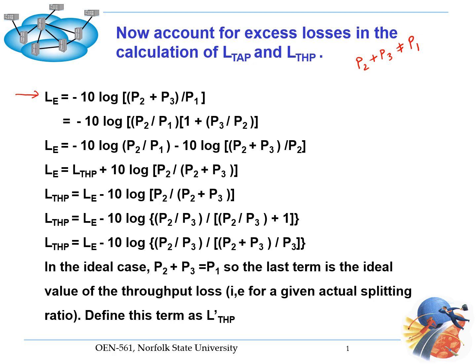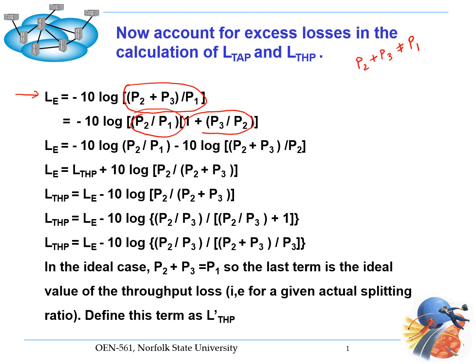Excess loss is by definition minus 10 times logarithm of P2 plus P3 divided by P1. This expression inside the logarithm we will rewrite. We will take P2 over P1 outside the square brackets. Inside we will have 1 plus P3 divided by P2. And then we have here two